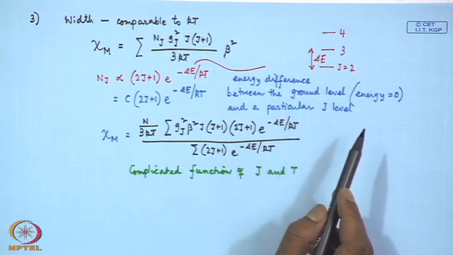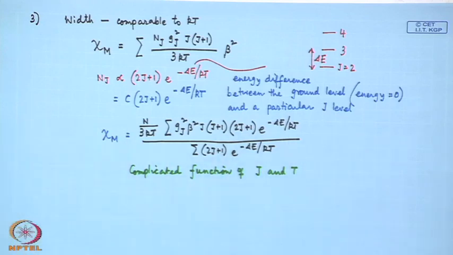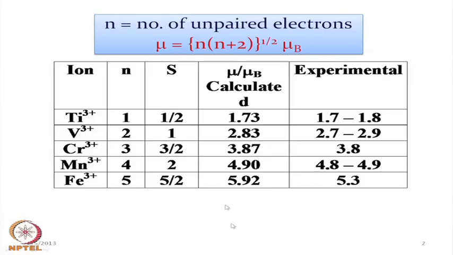So, as a result, if we apply the different terms for these different values, what we have seen for titanium, vanadium, chromium, manganese up to copper 2 plus is what we can calculate in terms of the corresponding values with respect to the S value. Now, if we take the example, not only the S value but also the L value, if we consider the corresponding L values at the same time,